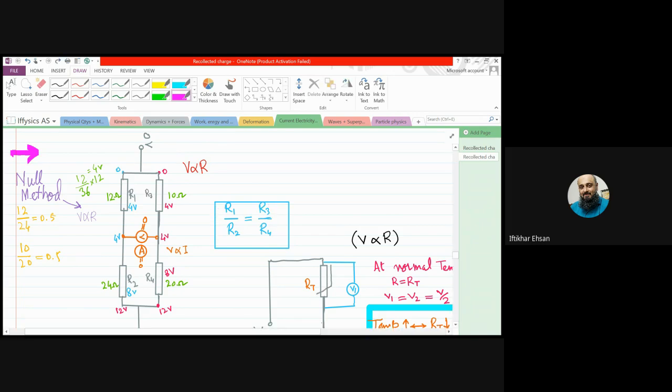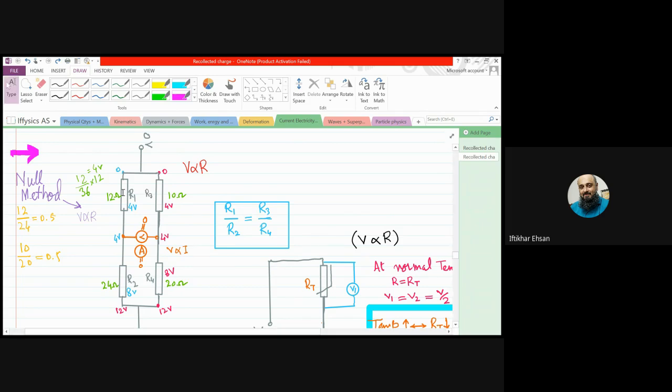And why ratio? Because we said the voltage is divided according to the ratio of the resistance values. The voltage is directly proportional, in constant ratio, with resistance. So similarly, isn't this 24 double of 12? And isn't this 20 double of 10? Their ratios are the same. 12 divided by 24 gives the same answer as 10 divided by 20. So beta, I'm going to make it shorter. You have to keep it in mind.